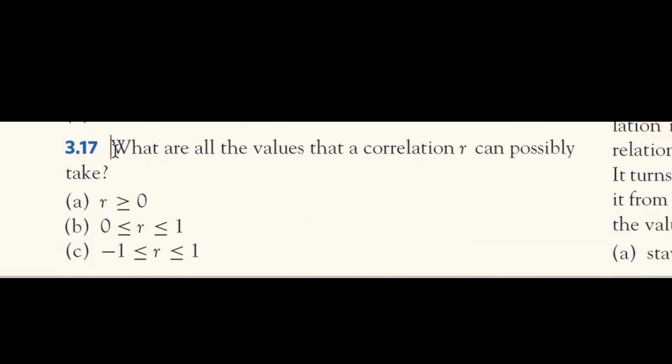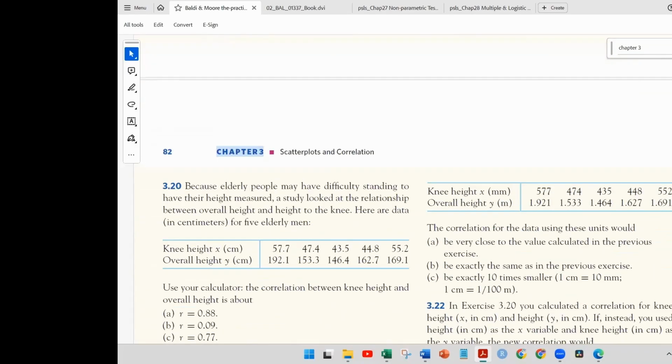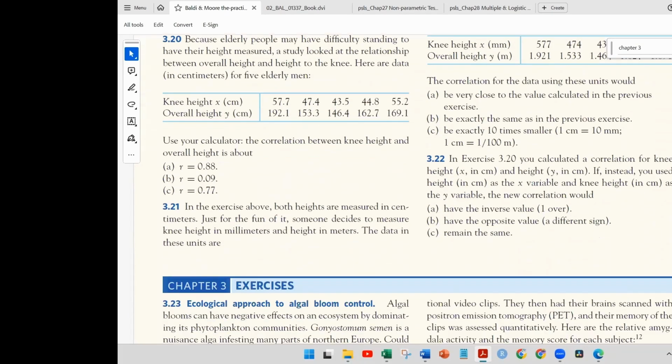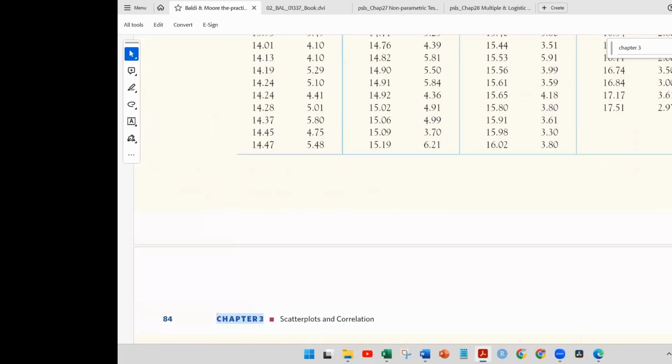What are all the values that a correlation R can possibly take? Well, we just saw that. It's between -1 and 1, right? These are all the questions. And you guys are welcome again to look up the answers, help each other, work together, quiz each other